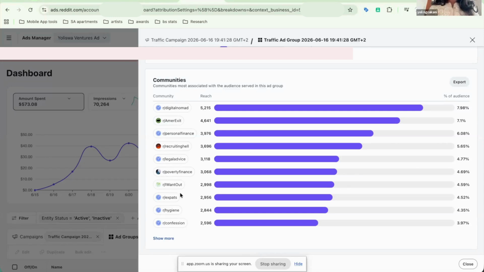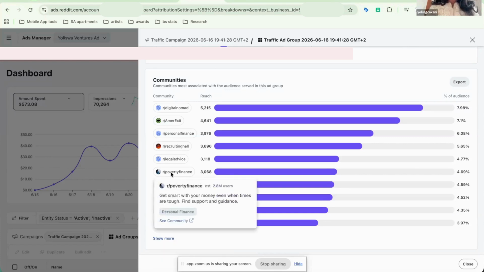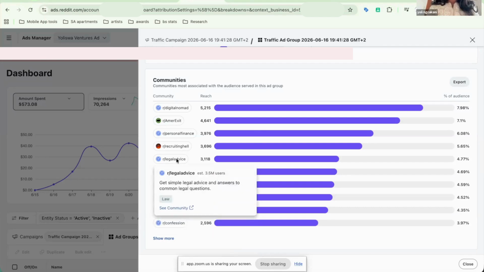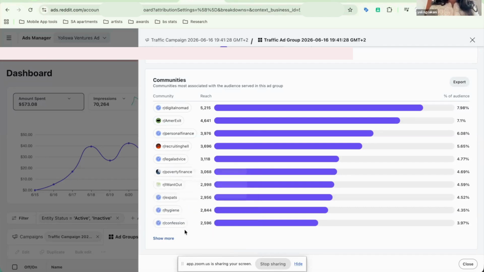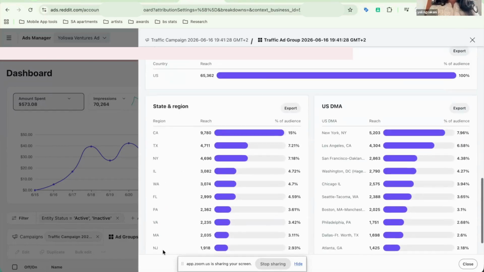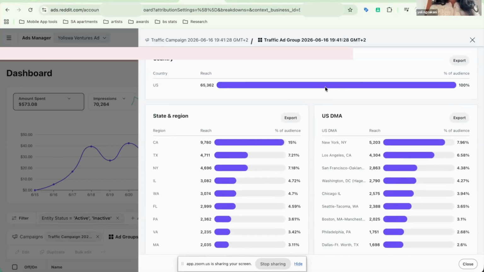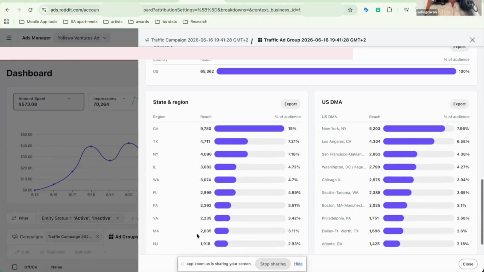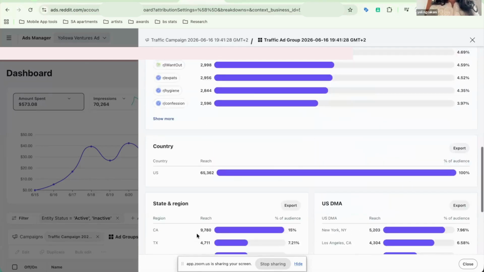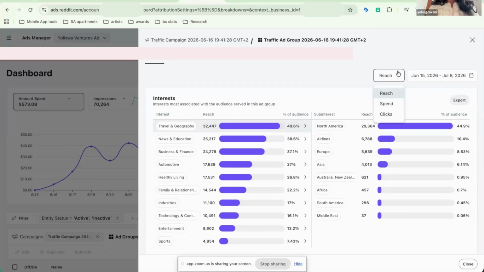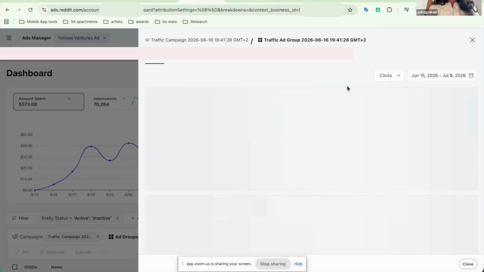There were some new communities that I did not, like this hygiene community, beauty and grooming, confession, poverty finance. Those were not on my target list, but it's what the algorithm selected. These are the countries. Most of my audience came from the U.S., and these are the results by state and city. This is for reach, but if we look at clicks,